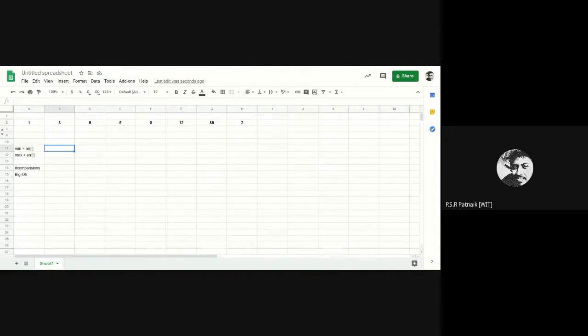In this other approach, what we do is we look at the number of elements. How many elements do we have? n is equal to 8. So I have an even number of elements.